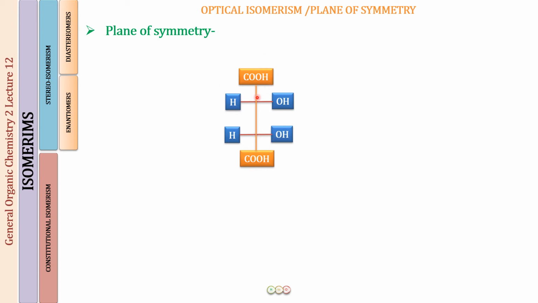So these are 4 different groups to both of these carbons. So there are 2 chirality centers, and when there are 2 chirality centers, we do not know whether the molecule is going to be chiral or not. And the reason why we are studying the elements of symmetry is because we want to know, if there are going to be more than one chirality center in a molecule, whether the molecule is going to be optically active or not. So let us see if this molecule has a plane of symmetry.